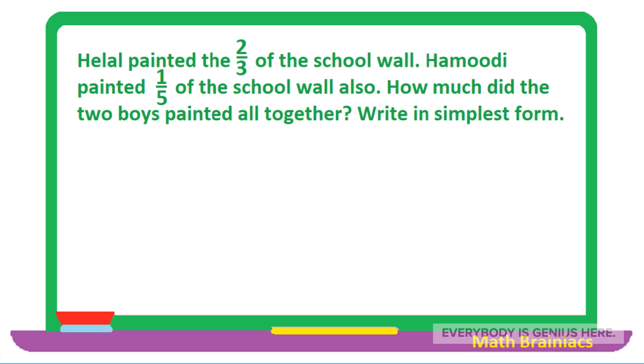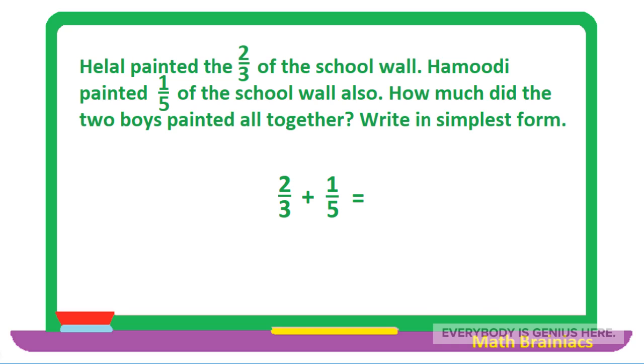Hilal painted 2/3 of the school wall. Hamudi painted 1/5 of the school wall also. How much did the two boys paint altogether? Write in simplest form. We are going to add 2/3 and 1/5, but we cannot add them directly because they